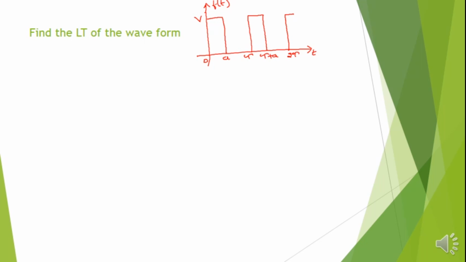So now if I observe this signal up to here, it is periodic. This signal is repeating. So the given signal is periodic with period tau and fundamental